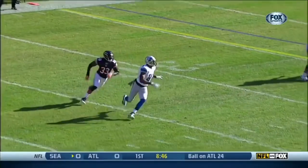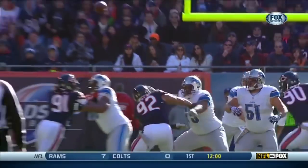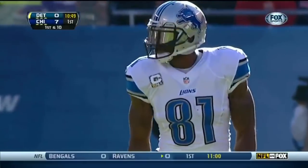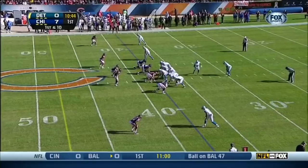Calvin Johnson, great on the release. You saw the separation, a little bit heavy outside by Charles Tillman, and that allows Calvin to get that inside release clean and beats him on the in route. Most receiving yards in a regular...